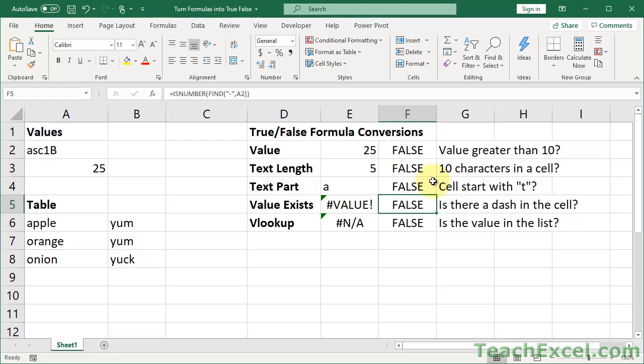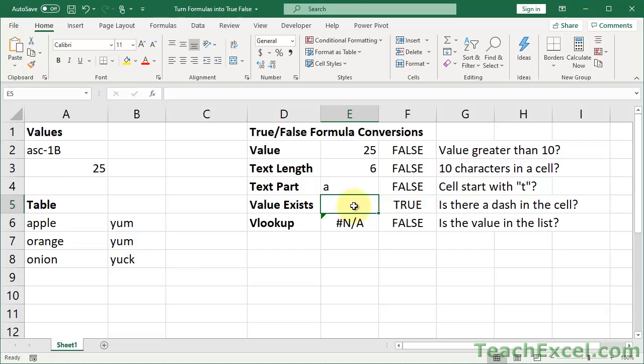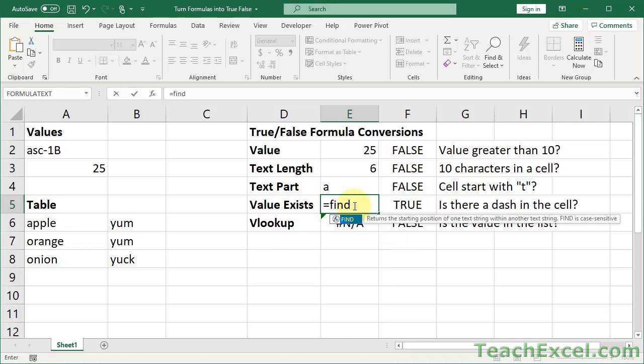Now let's make it a little bit more interesting. Here, I want to find if there is a dash in this cell. So let's go ahead and put a dash in there first. And now let's think about what I can use to figure out if there is a dash in that cell. There are a couple different functions I could use: the FIND function, the SEARCH function. I could even use the SUBSTITUTE function combined with the LEN function. That's pretty interesting and used for more powerful checks with data validation and conditional formatting. But let's go with the FIND function here, and it will illustrate an interesting thing.